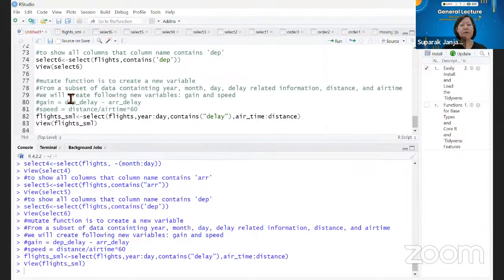Now we want to create the two variables, the gain and the speed. We're going to use the mutate function to create that. So from flights SML, we just want to add the columns into the same data set. If we want to use the same data set, you can use the same name. It will overwrite what we have created first. That means